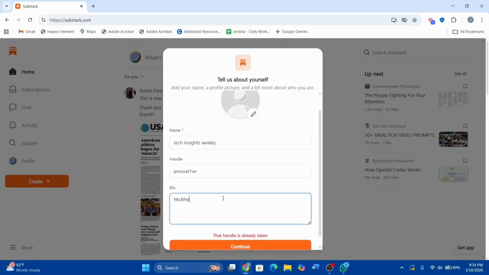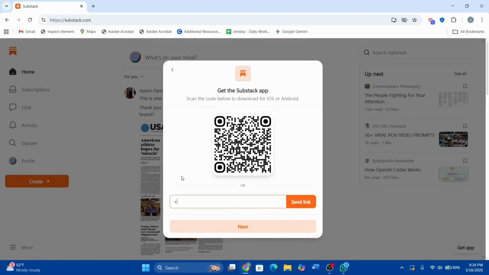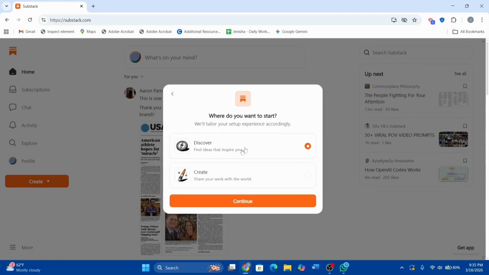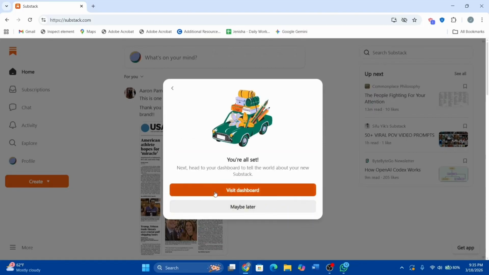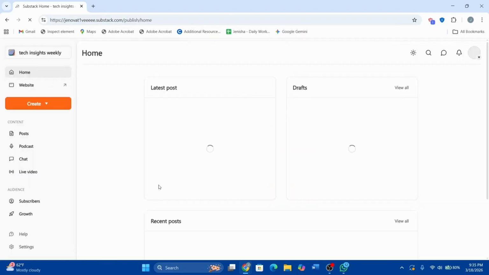Once you've done that, your URL should be created. Here you can click on this option called send link or create a QR code, and click on this option called next, and you can select what you want to start with, discover, create, etc., and click on continue. Once it is done, you can visit your dashboard, and